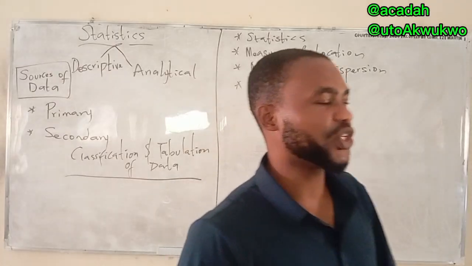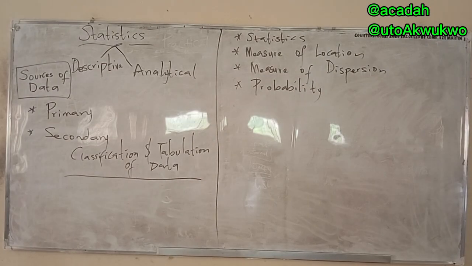So if we have classification and tabulation of data, you need to note that tabulation is what you call tables. Sometimes in secondary school they tell you about frequency table, cumulative frequency table, all those things. Those are what we call the tabulation techniques. Classification and tabulation is done so that you are able to organize information. The idea of statistics is simply putting data in such a way that I don't have to stress about it when I look at it a second time.